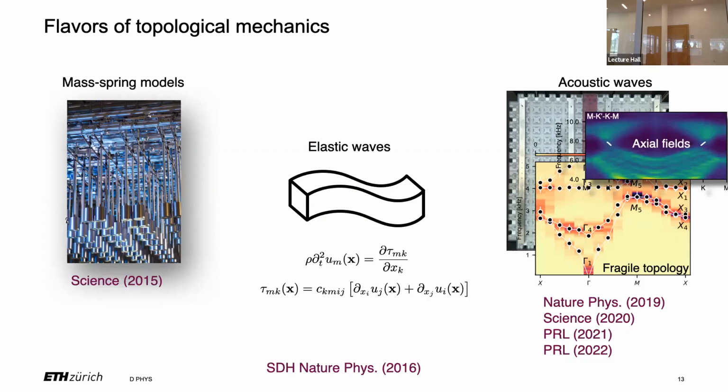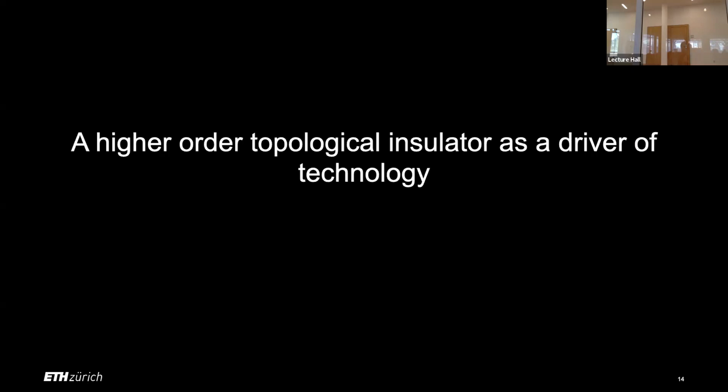But it turns out you're much closer to an application, because shaping something out of a silicon wafer is something that you can scale down and then have in your cell phone, whereas you don't have an acoustic metamaterial in your cell phone, neither do you have my 0.5 meter long pendulum. So that's just me advocating elastic waves, but in order to do something there, we need to develop some technology, and I want to show you one example, what kind of technology we developed to design these band structures, and then show how we put it to eventually work for an experiment.